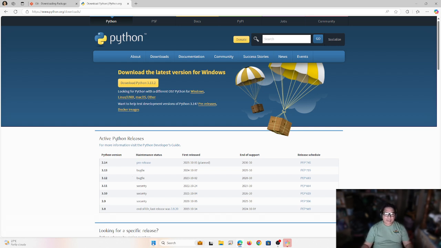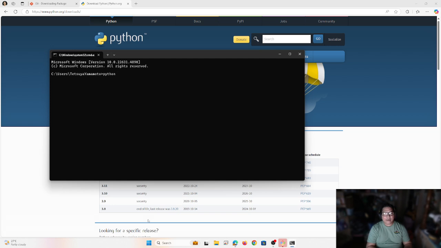If I show you my system right now, I have Python 3.11.9 running natively on my system. It's already in my environment variables. So if I install Stable Diffusion without installing 3.10, it will use 3.11 as default.